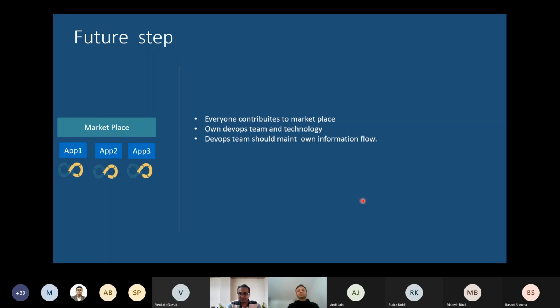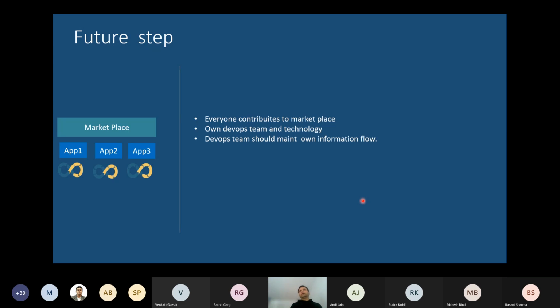So the future step is more like a marketplace, wherein you can publish and consume APIs, and also publish and consume events. All the applications can work more like a DevOps team, so each application can run, develop their integration and maintain it.